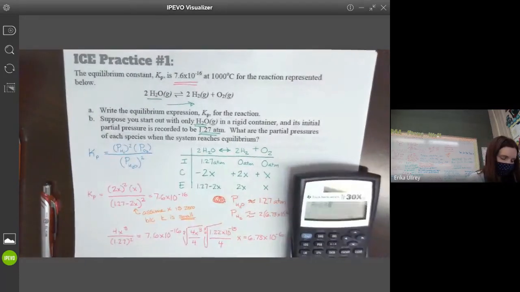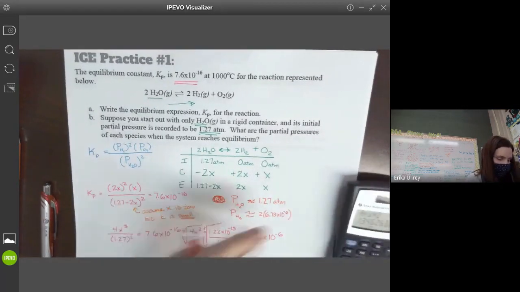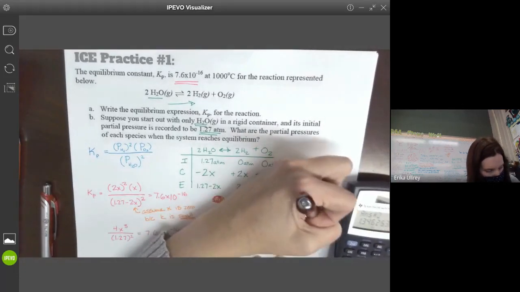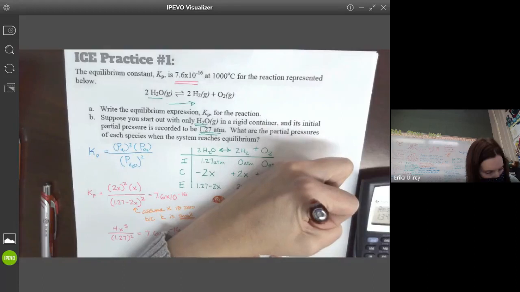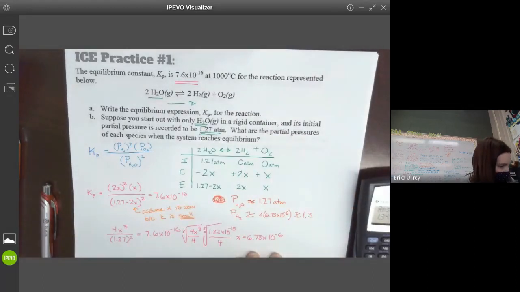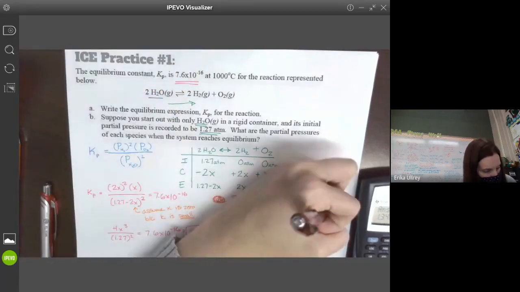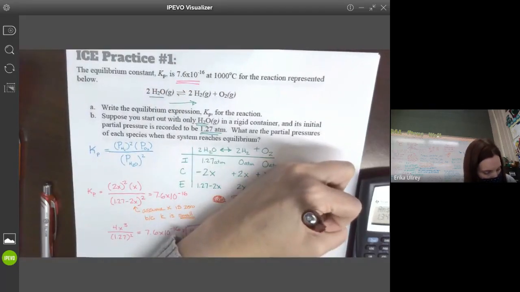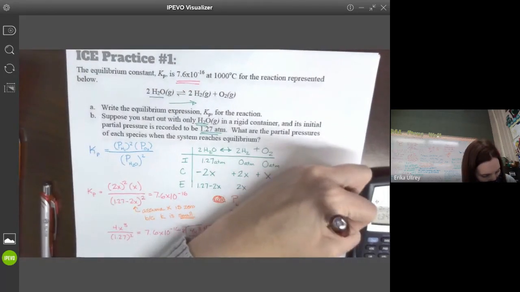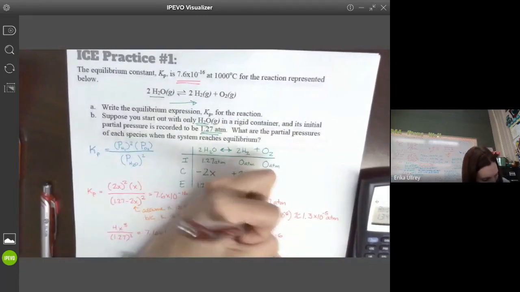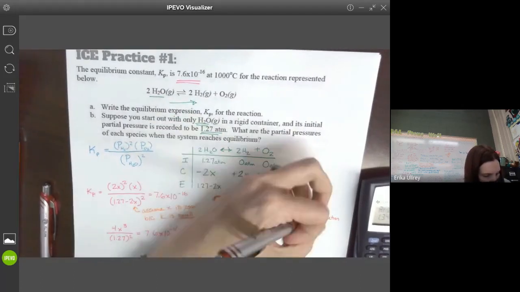So take your number times 2. So it's approximately 1.3, so two significant figures there, 1.3 times 10 to the negative 5th atm. And then oxygen is approximately the value of x, which is